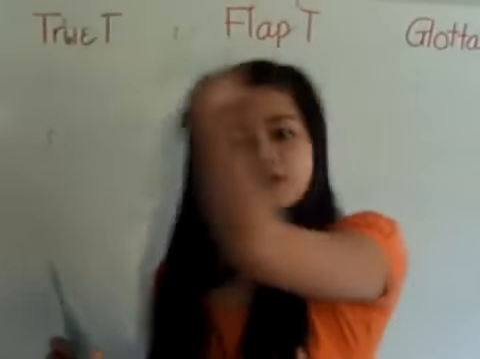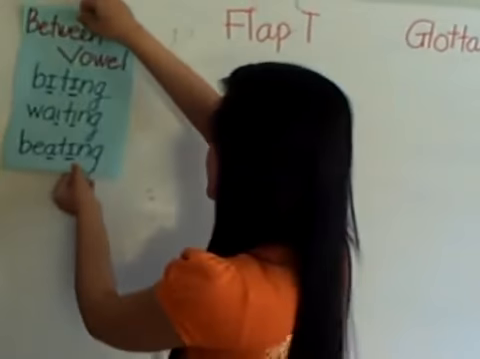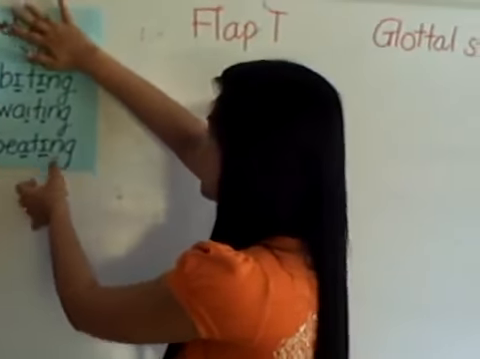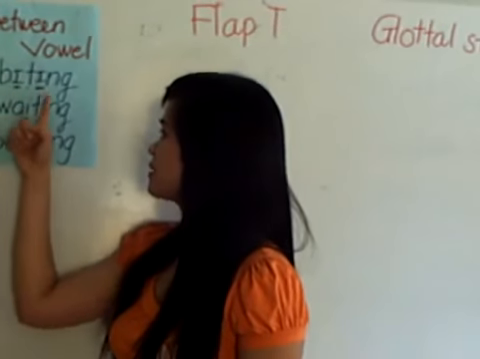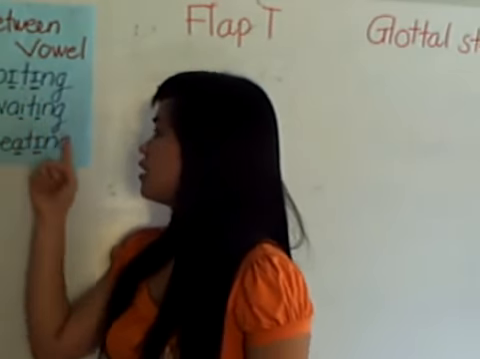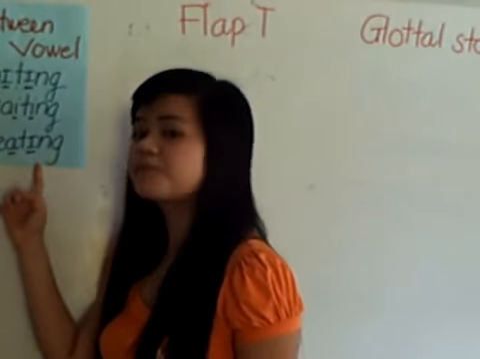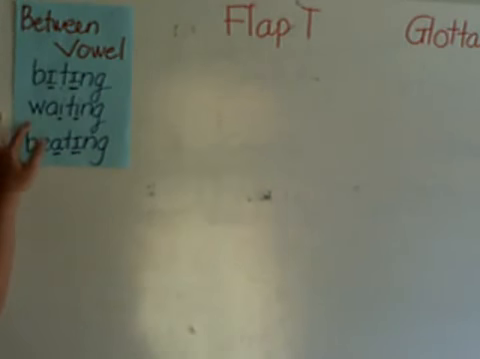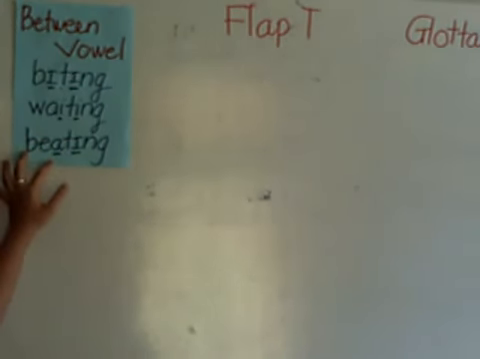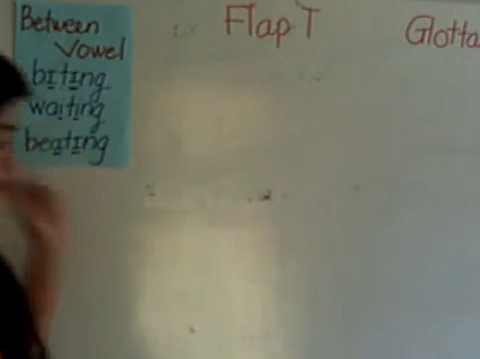The first one, you pronounce flat T when the T stands between vowel sounds. You can see T stands between vowels. So we say biting, waiting, and beating. See? Biting, waiting, and beating. Because T stands between vowels. The second,